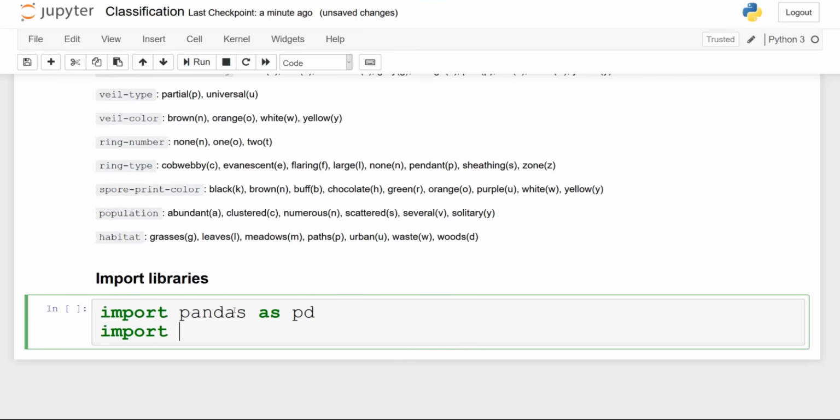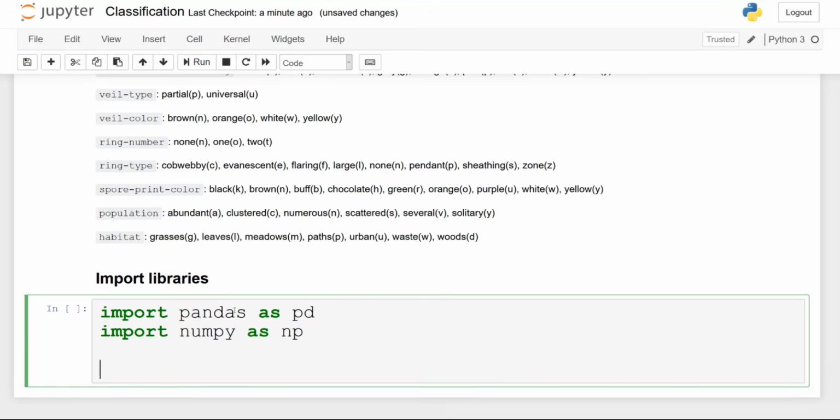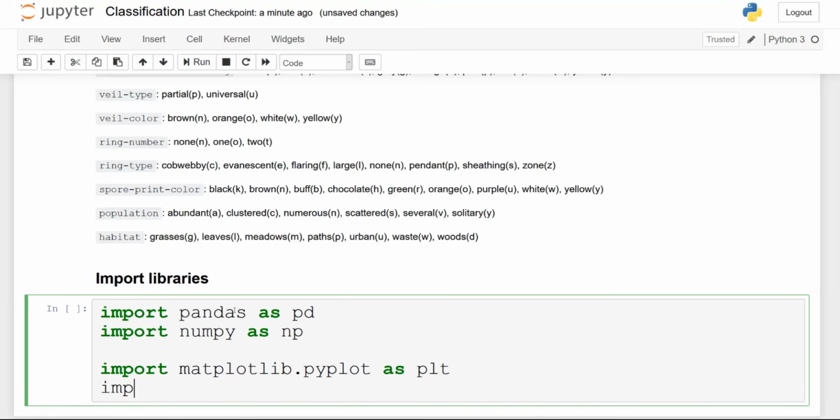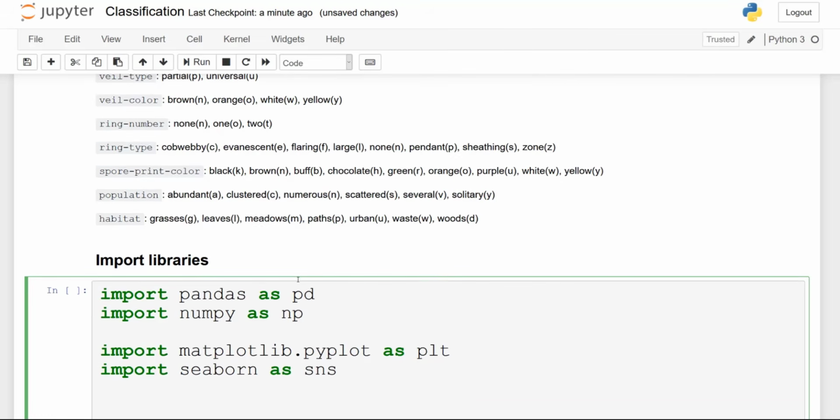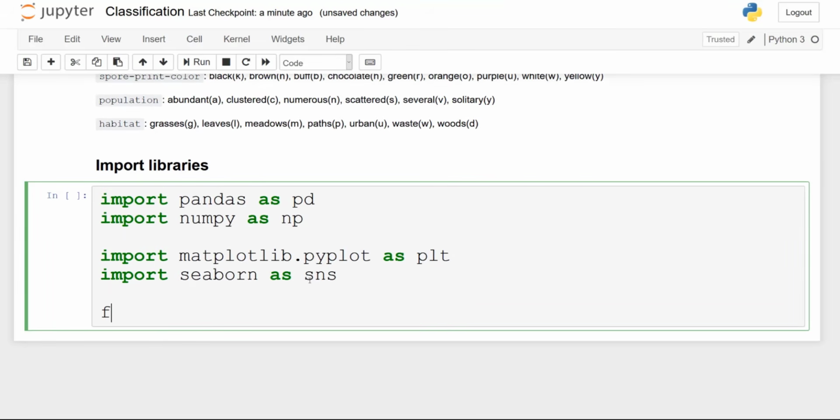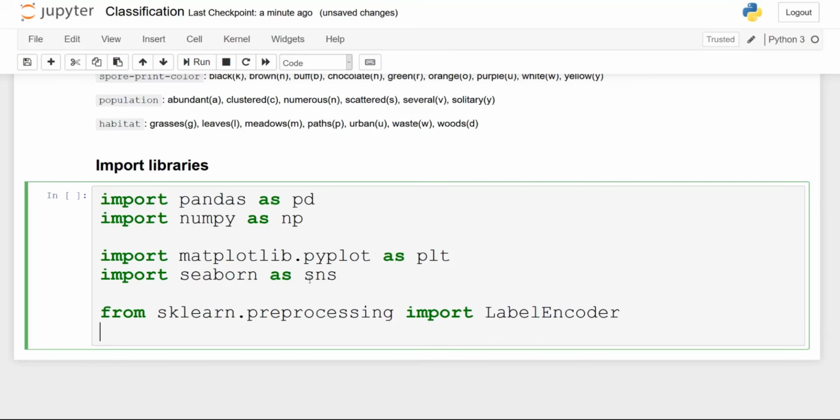So let's start off by importing the libraries we're going to use. So pandas as pd, numpy as np, of course matplotlib.pyplot as plt, and also seaborn as sns. Now we are going to import sklearn.preprocessing and specifically LabelEncoder. You will see how that will be used later on.